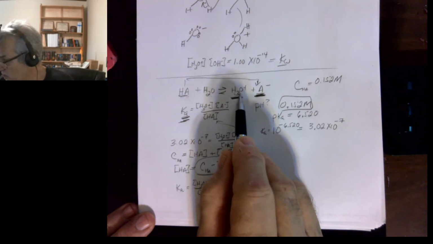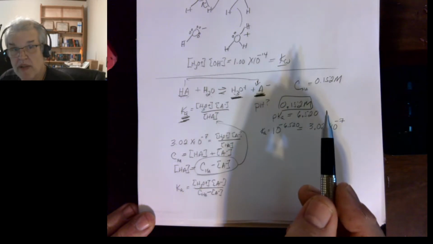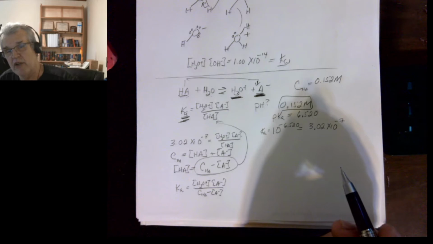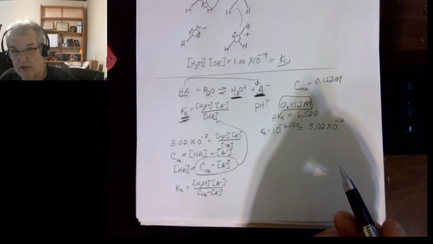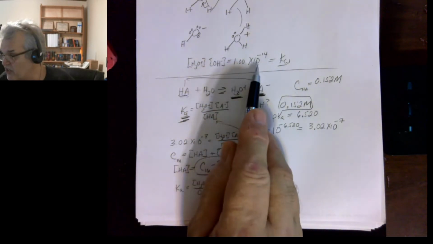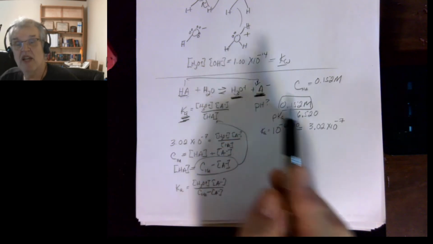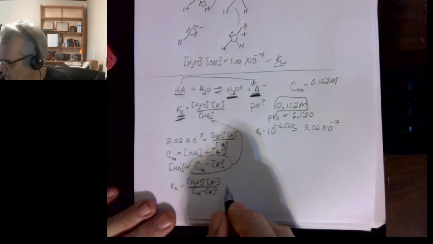Therefore, for every hydronium formed, an A minus is formed. For every A minus formed, a hydronium is formed. So if I eliminate or just ignore the self-ionization of water, which also forms hydroniums, but they're very, very small. Remember, the combination of these two is 1 times 10 to the minus 14. So if I ignore that and say that's insignificant compared to what's going on,